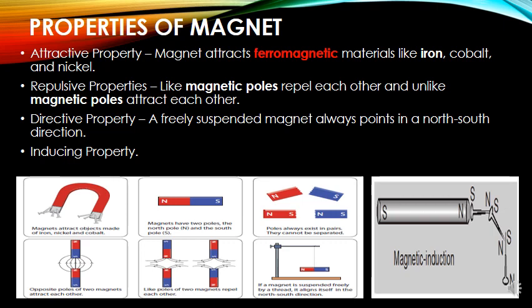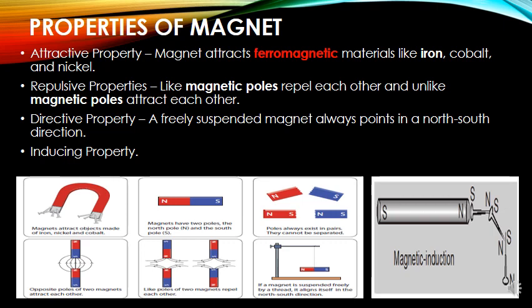And coming to the next properties, any magnet will have two poles near its ends, north pole and south pole. The end of a freely suspended magnet will always rest towards north. That is called directive property. Why it is going to rest like that, you will study in this session only towards the end. But as of now, you should know that any bar magnet or any magnet will have two poles, and those poles are north pole and south pole.